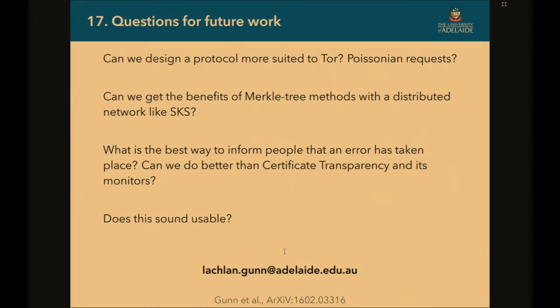But this isn't really ideal, and one of the things that we'd like to do is find a proper asynchronous protocol, because Tor is inherently asynchronous, unlike a mixnet, and so it would be better if we had a protocol that was better suited and didn't need to do funny timing things to avoid attacks. The other thing is that there's this trade-off between legacy support and the ability to do things in an efficient way.